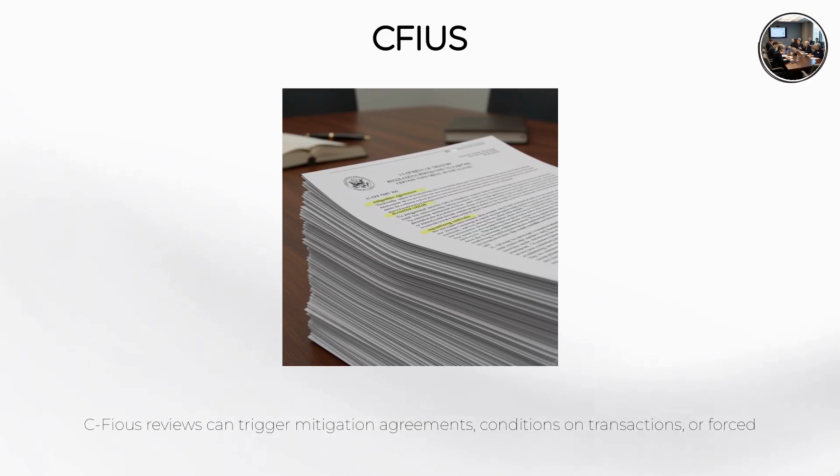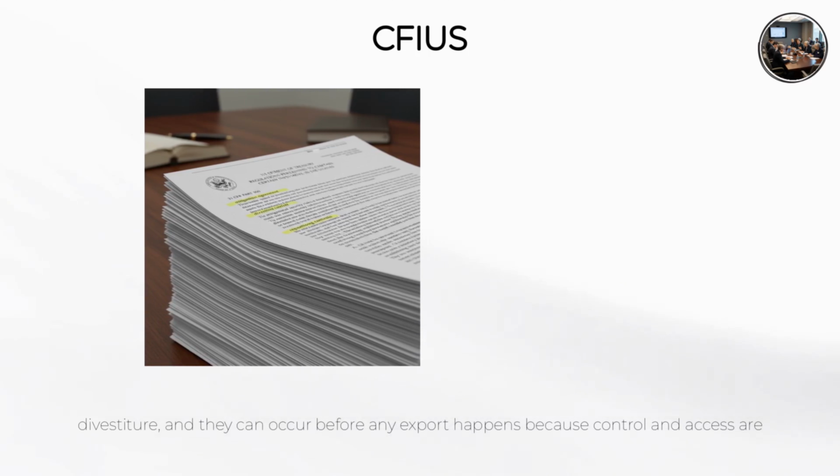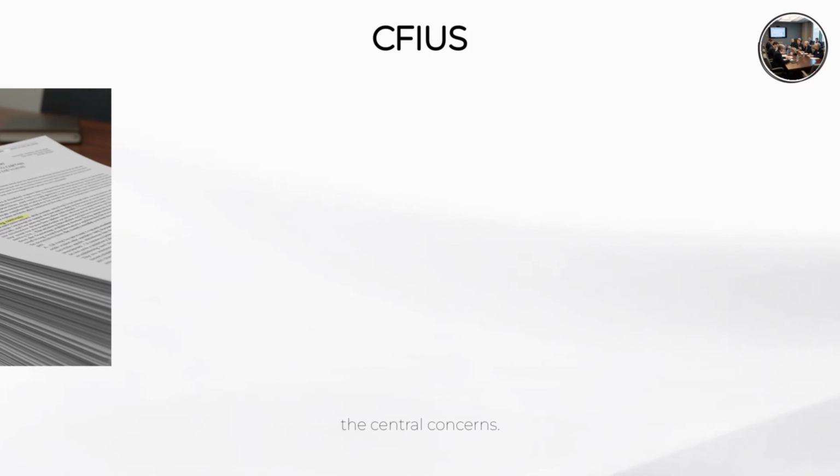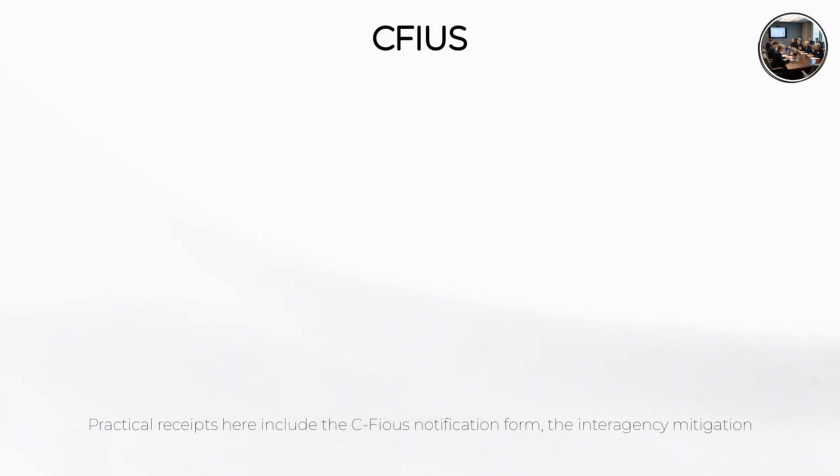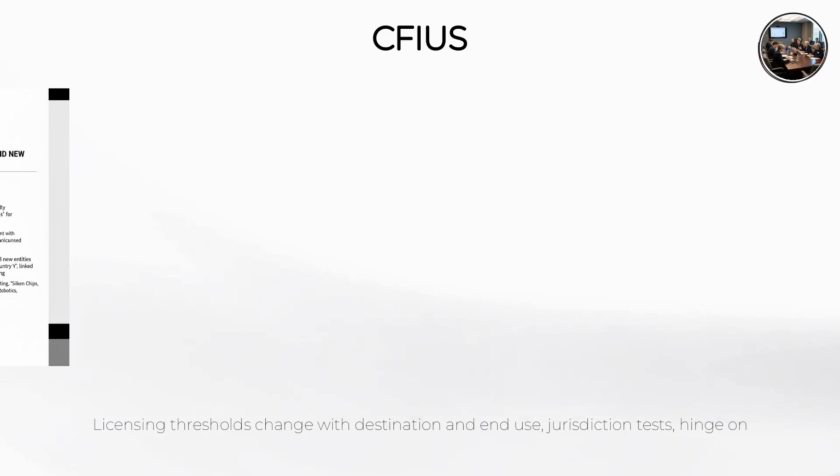CFIUS reviews can trigger mitigation agreements, conditions on transactions, or forced divestiture, and they can occur before any export happens because control and access are the central concerns. Practical receipts here include the CFIUS notification form, the interagency mitigation agreement template, and public mitigation orders describing required divestitures. CFIUS applies a national security standard that differs from licensing thresholds, so a deal that would not require an export license can still be blocked or conditioned. Licensing thresholds change with destination and end use,